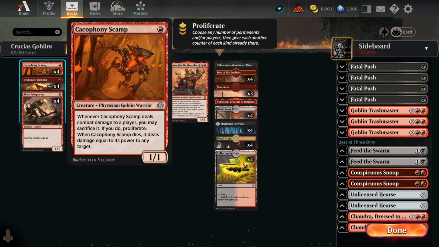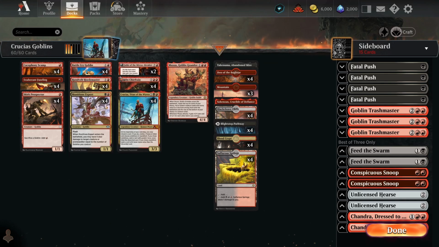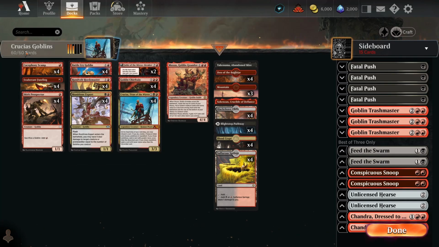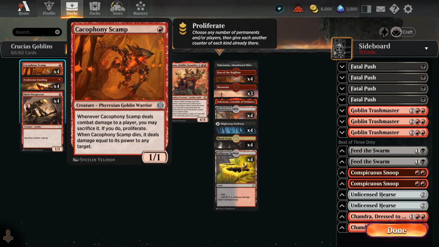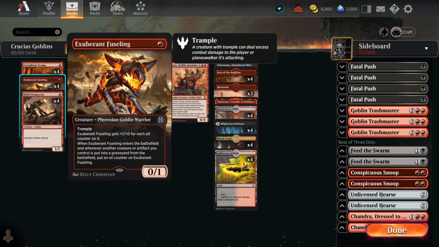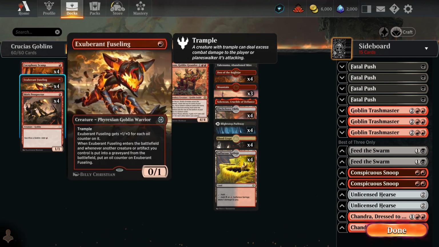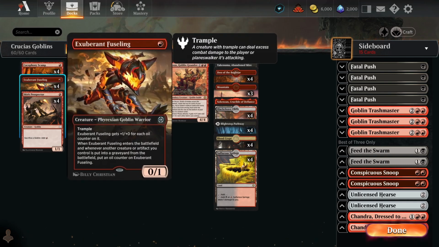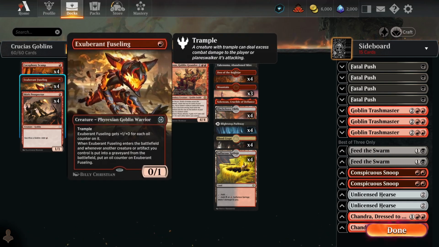Additionally, the Proliferate is also really nice with cards like Exuberant Fusing and Fable of the Mirrorbreaker. The nut draw with this deck that you're going to see later in the gameplay is Scamp on turn 1, and then you can play double Fusing on turn 2, attack with the Scamp, sacrifice it to kill your opponent's 1-drop, and then not only do you Proliferate to put an extra oil counter on the Fusings, but the Fusings also both trigger because the Scamp dies, which then leaves you with 2 1-mana 3/1 tramples on turn 2, which